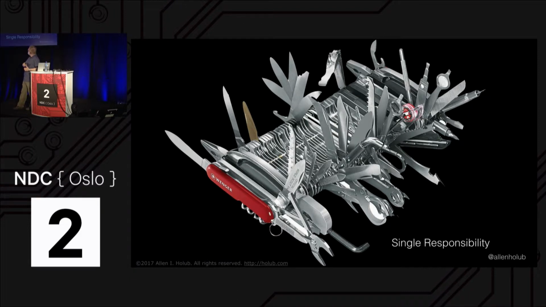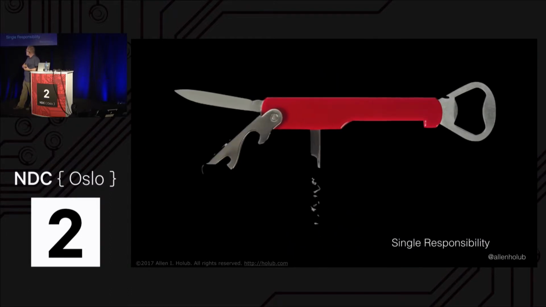But single responsibility doesn't mean you only do one thing. This corkscrew, for example, does satisfy the requirements of single responsibility, even though there are four things that it's doing. The thing is that all four of those functions are focused on a single goal, which is to open a bottle of wine. So the idea is not that you want an object to do one thing, but rather you want the object to be coherent, in the sense that the group of things that it does are all related to one another in a tight way.